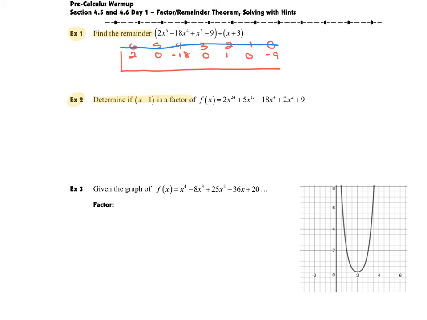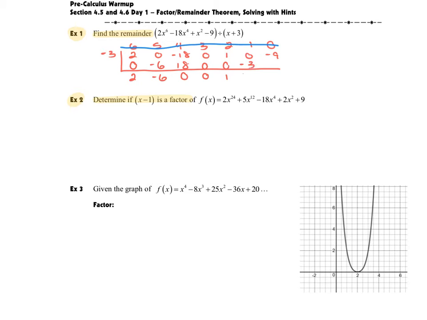So we're going to do our synthetic division with our negative 3, because what we're really doing is we're thinking about what value makes this binomial equal 0. Following our synthetic, this first spot is a 0. We add straight down, and then we're going to multiply, and then we're going to add straight down, and then we're going to multiply, add straight down, multiply, add, multiply,